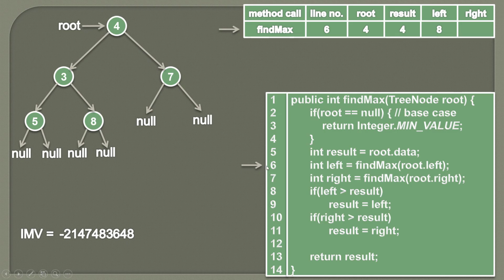We'll start our execution from line number 6 again. And now we'll simply go to its right subtree by calling the findMax method and passing in the root's right value, which is 7. So this method will be removed from the call stack and we'll simply store the line number 7 because we need to keep track of this recursive nature of the algorithm. So line number will be updated as 7.